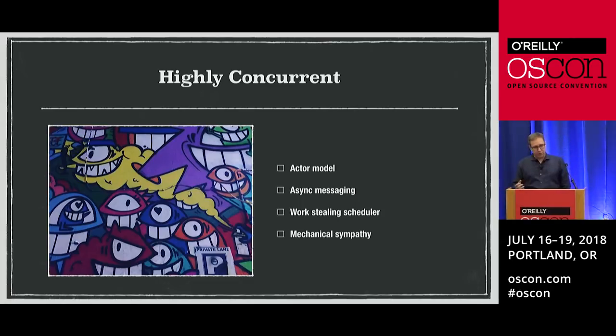One of the big ways that Pony does this is it attempts to be cache-friendly in terms of how actors are scheduled. So, for example, if I send a message from one actor to another, the most cache-friendly thing that I could do is to send that message from the one actor to another, and then have that done on the same CPU, so that the message, which should already be in the CPU's cache line, right, will be picked up and not have to be loaded back from main memory.